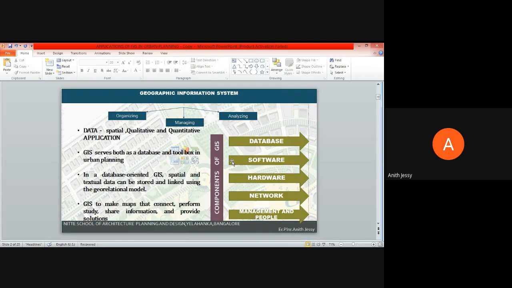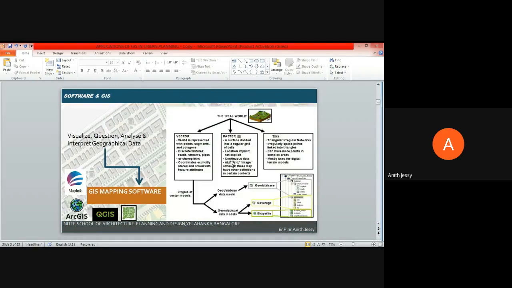In order to make this perform, GIS also helps in connecting and performing studies. When I am doing my study, it helps me in sharing the information and also providing the solution. When I talk about a database, the data shared in GIS is basically